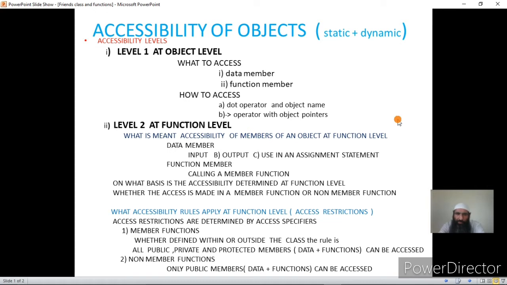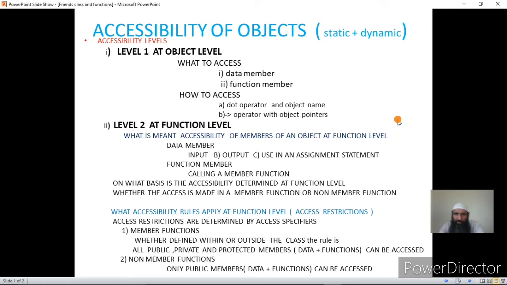Now how do we refer to the data member of an object or a function member of a class using an object? You have to give the object name, then dot operator followed by the data member name, or you have to give object name dot function name for accessing a function member of an object.